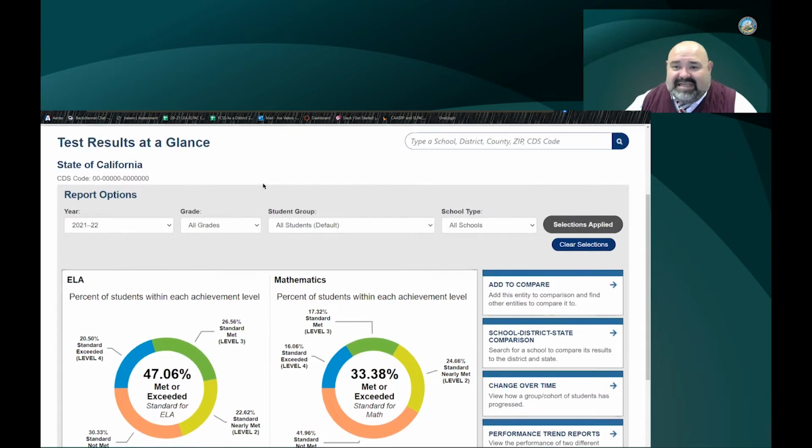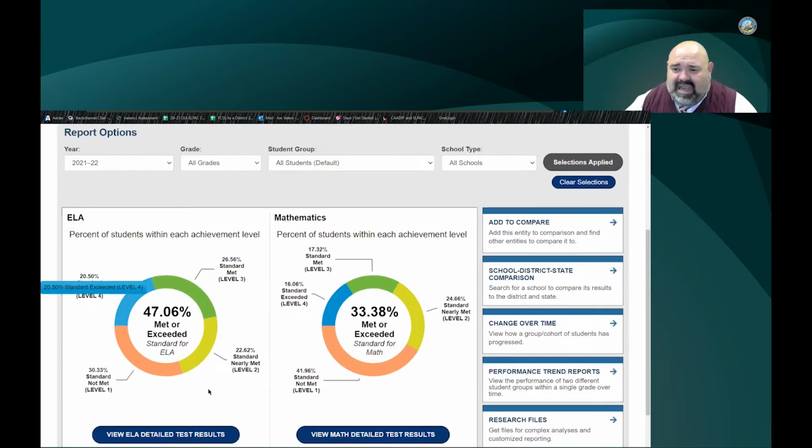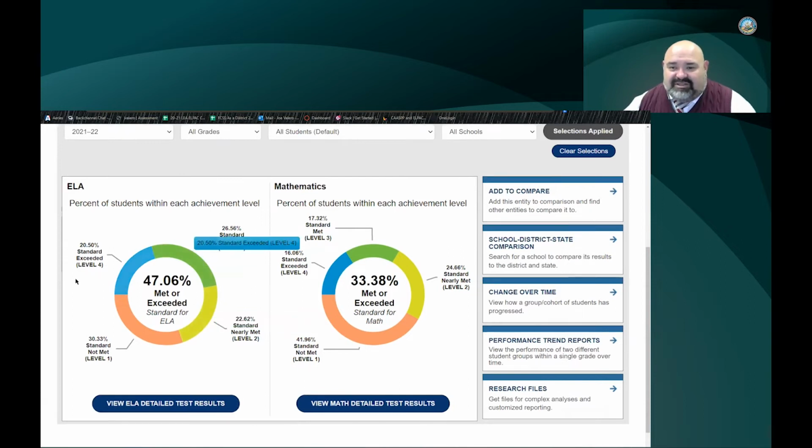So once again, we're using state of California data, and once again, we like to call this the donut. But the donut doesn't necessarily help us with making decisions or identifying areas of opportunities. That's where the really great, cool features of this site come into play. You can see me moving my cursor down, and you'll see a button below English Language Arts that says View ELA Detailed Test Results. If I click on that button,